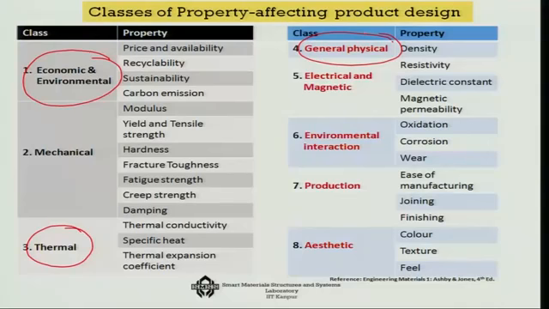Next is the environmental interactions. Here, the environmental interactions are specifically important for mechanical systems. For example, oxidation, because when all mechanical systems are exposed to the environment, there is always oxidation that happens in the system. So, you need to give good protection from oxidation, and sometimes there are other corrosive gases.